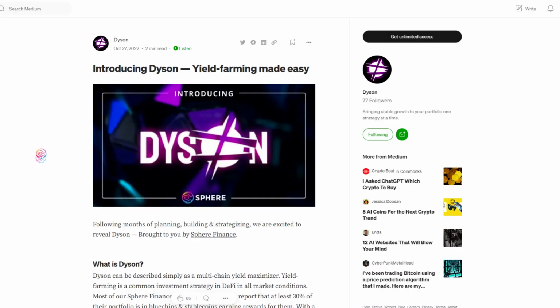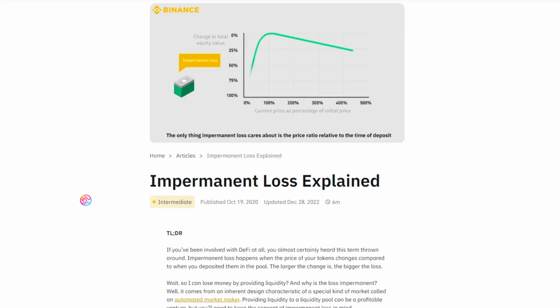So Dyson makes the process of rebalancing, optimizing price ranges, and compounding LPs automatic, so that you as the liquidity provider can simply deposit and earn maximized swap fee revenue with Uniswap V3 vaults. But ultimately, even though Dyson's automatic active liquidity management will help mitigate it, impermanent loss is an unavoidable reality that must be taken into consideration by liquidity providers seeking yield.